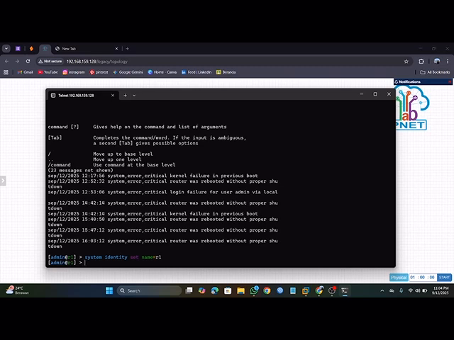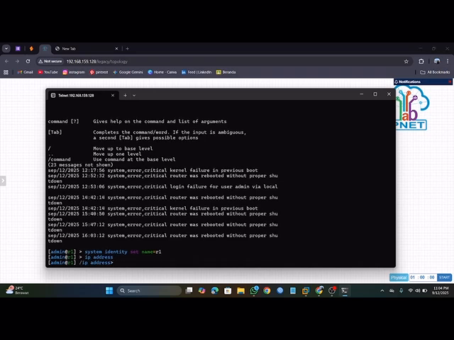And next you type IP address and then enter, and you type add address 10 and 1, interface and other one.